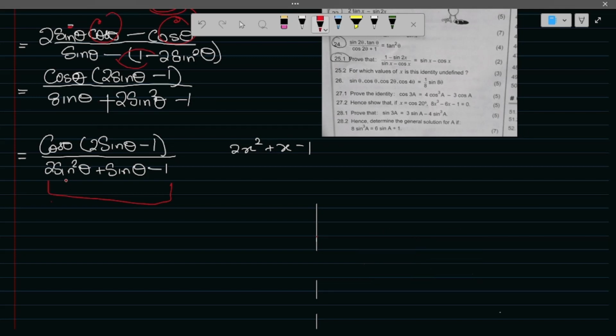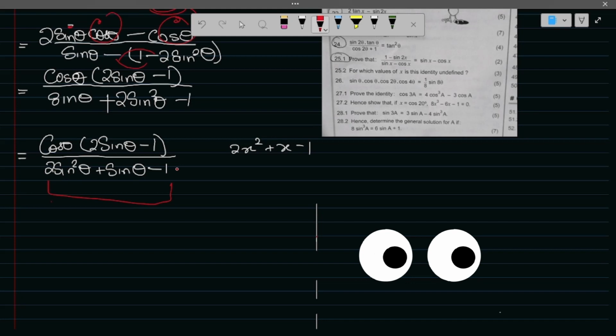Because you understand that this is one function, right? This is sine and this is sine, and then we have a constant. And this is x, this is x, and then we have a constant. So if you were to solve this, how would you solve this? Easy. You know that to factorize this would be